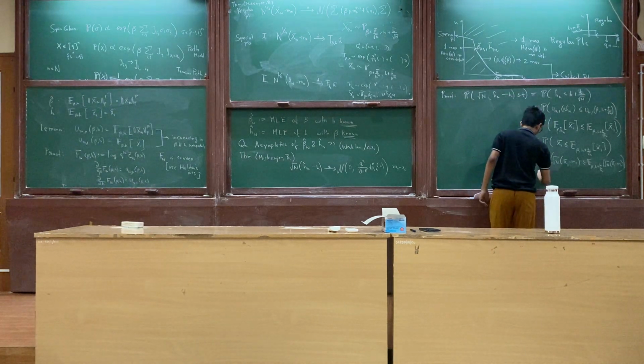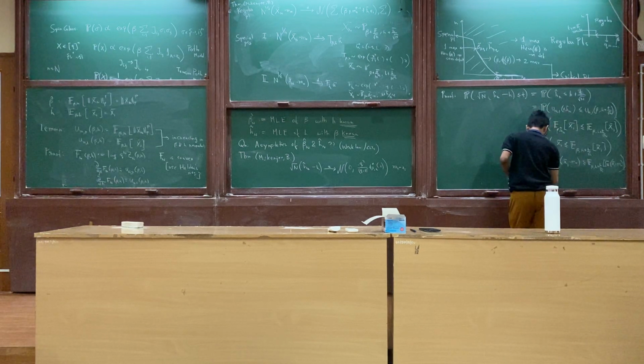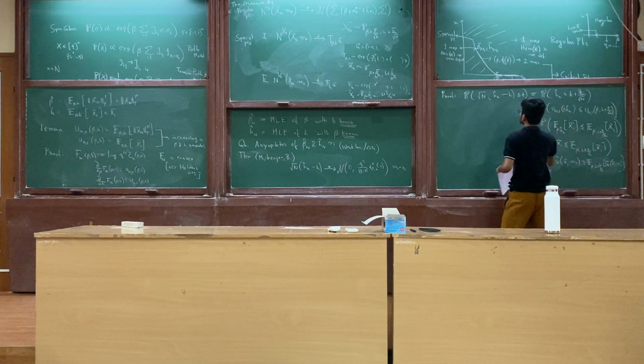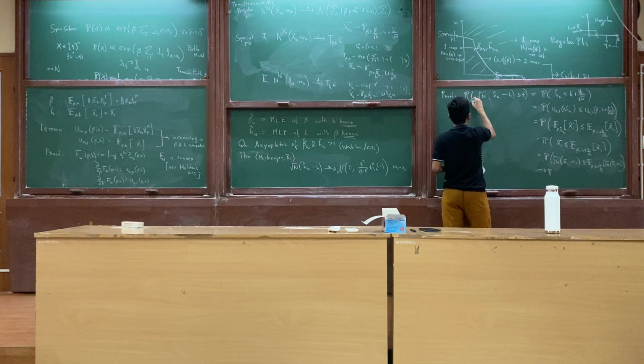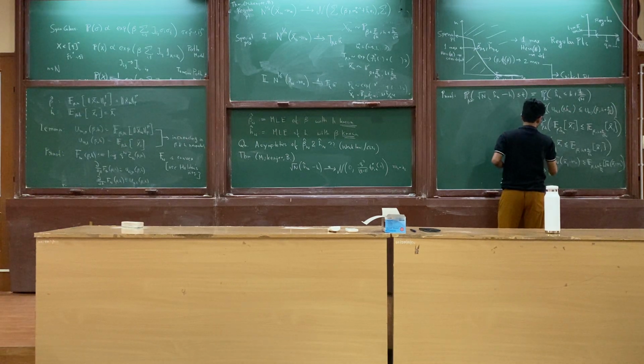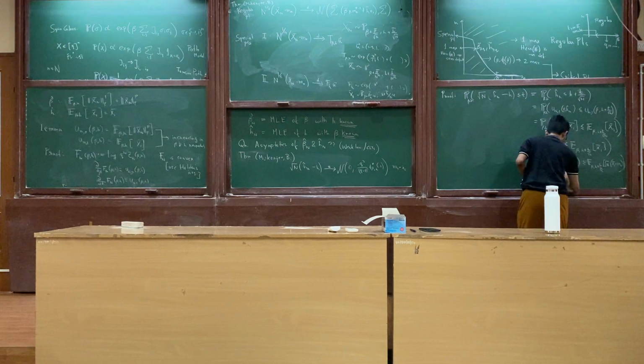And if you carry out the calculations carefully, you'll just see that this goes to probability, and this probability is beta h, and this one goes to